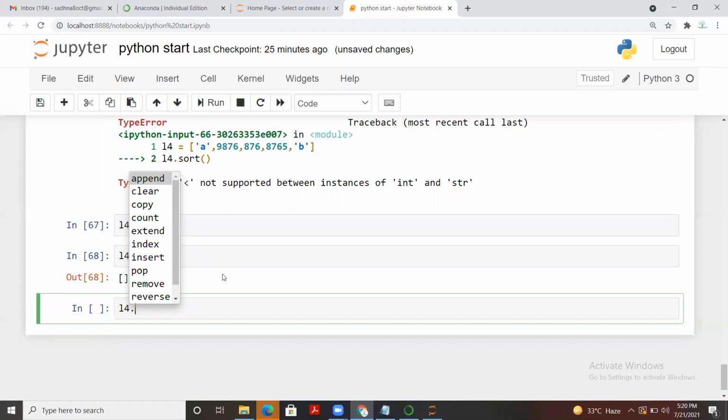Then we have pop, which by default removes the last element, but in case you want to remove a specific position, you can pass that position to the pop function. Remove works for elements. In case you want to remove any element, you can directly pass it to the remove function and it will work. Reverse will make your list just the opposite. The first index is last and last is first. And then we have the sort function just to sort your list, either in alphabetical order or, if we have integer values, in an incremented way, the ascending order. We can make it descending as well, but the ascending order is the default one.